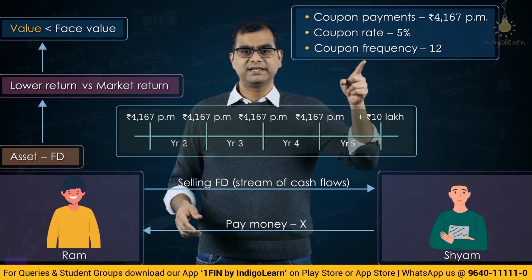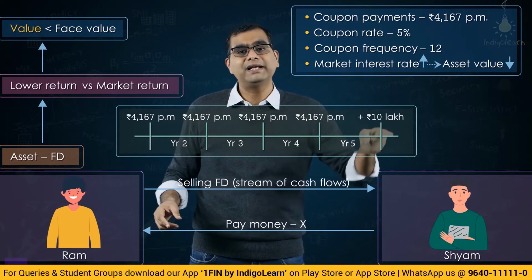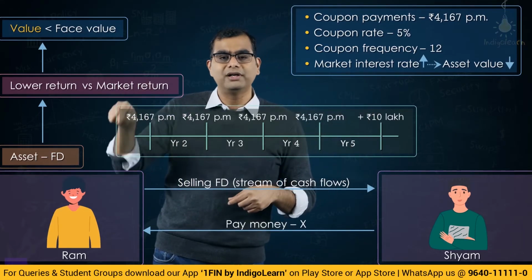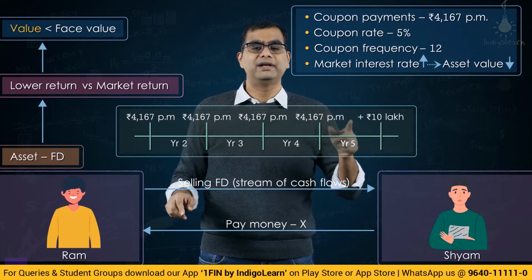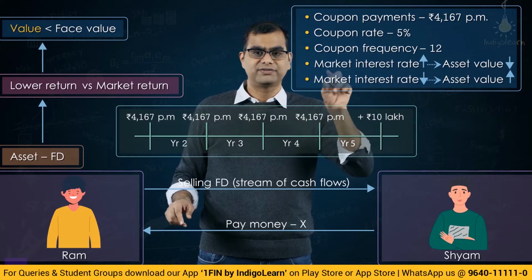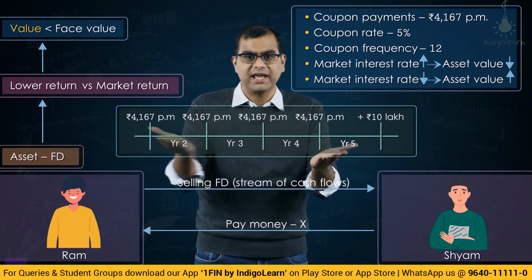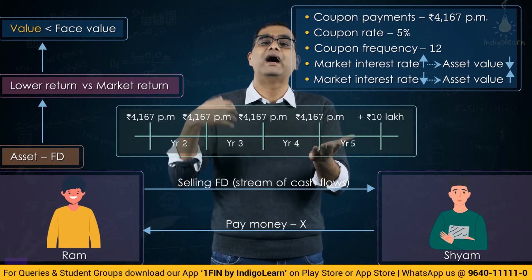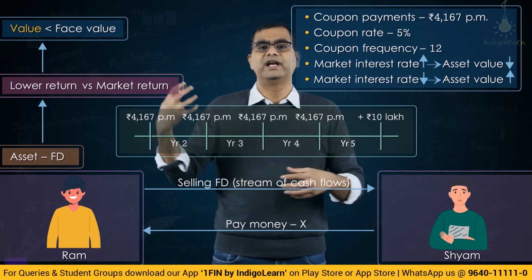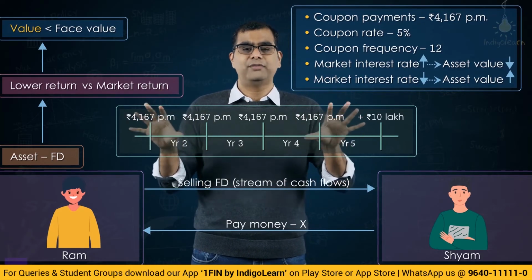So the interest rate has increased, and the value of the fixed deposit has come down. Same way in a bond or a debenture, when market interest rates increase and the coupon is a fixed number, the price of your bond will come down. And exactly the opposite will happen when market interest rates are lower than coupon rates. If the coupon rate is 5% and the market interest rate is 2%, the value of your bond will increase. Why will it increase? You have the same stream of cash flows, you are discounting them by a lower rate, so you will get a higher present value, and when you sum up all those present values, you will get a value which is higher than your initial face value. Okay, this is the broad concept I want you to understand.